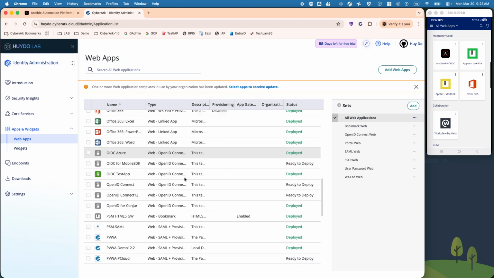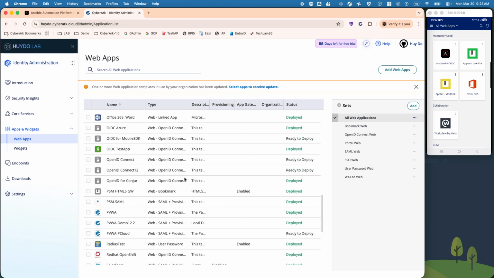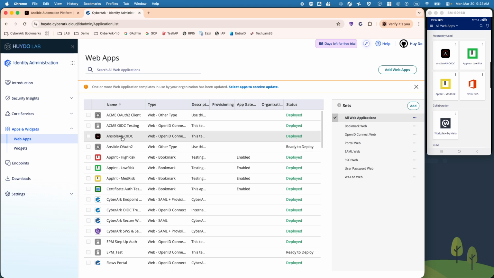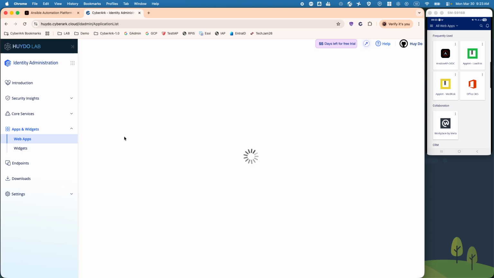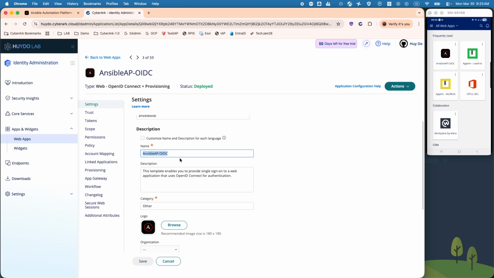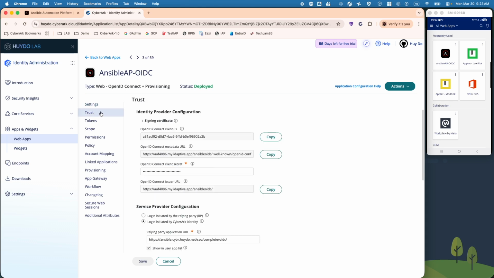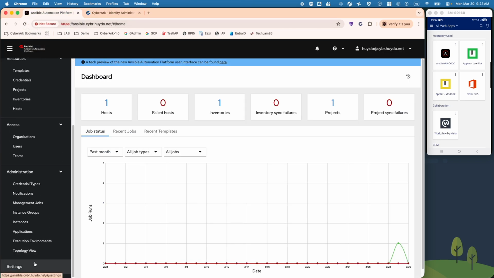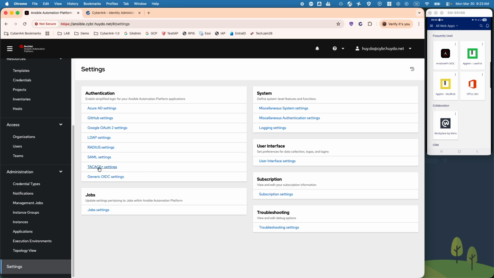I have created this one already, so let me go to the Ansible OIDC and show you the configuration. First of all, you need to put in your application ID. Maybe you need to upload the app logo, right? And the app name. For the name, it appears in your single sign-on portal. In terms of the trust configuration, you need to copy the information here and paste some of the information from the Ansible page as well. So for the Ansible side, you need to go to the settings, and you choose